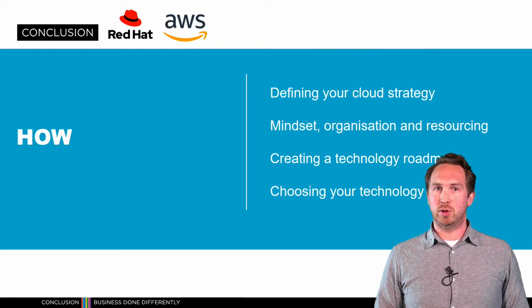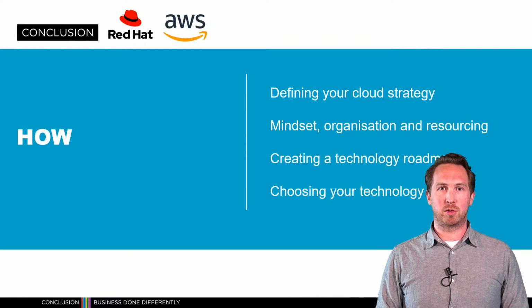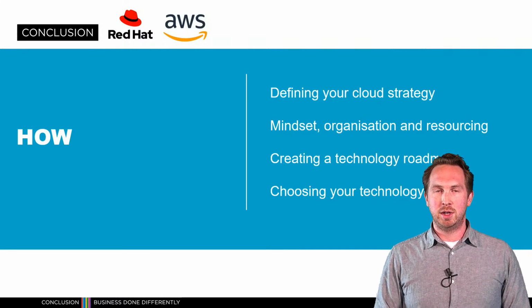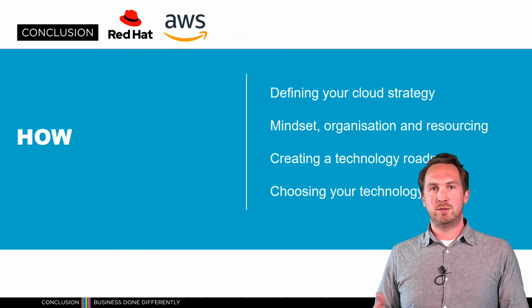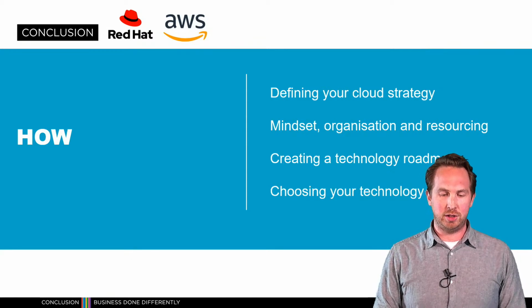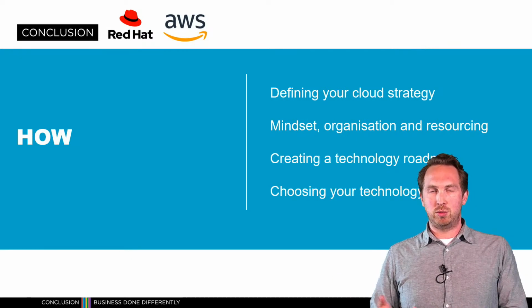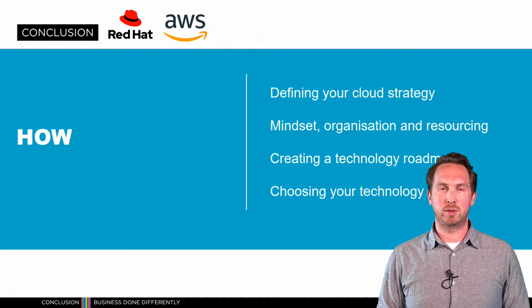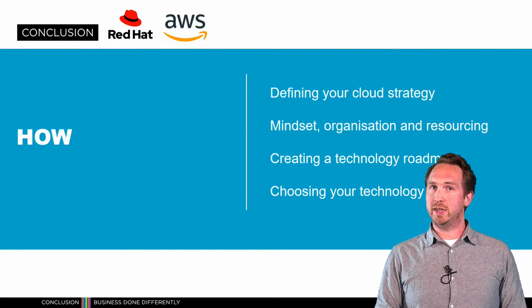Being more flexible also means that your organization needs to be more flexible, but also changing your knowledge within your organization, having the right people doing the right jobs. The more you automate, the more you need to have people who can also continue to grow with what AWS and other public cloud providers provide as a service. After that, you also need to create a technical roadmap.